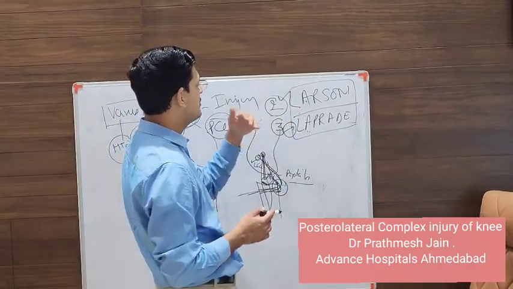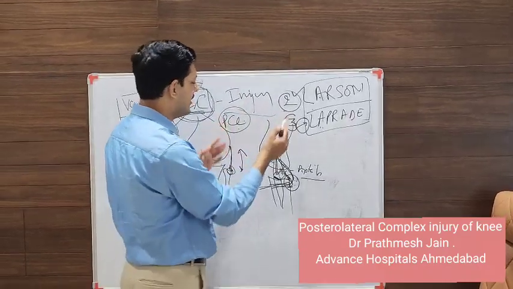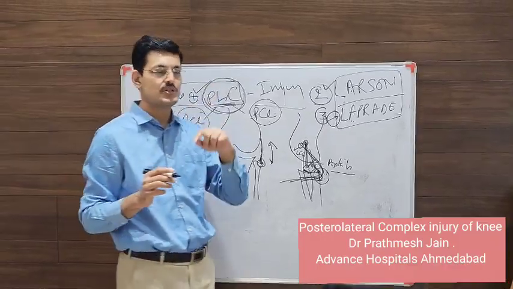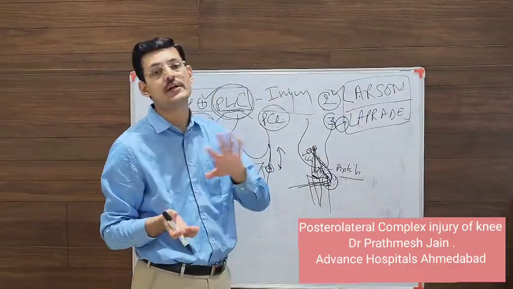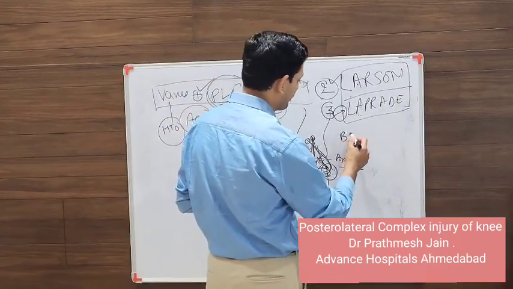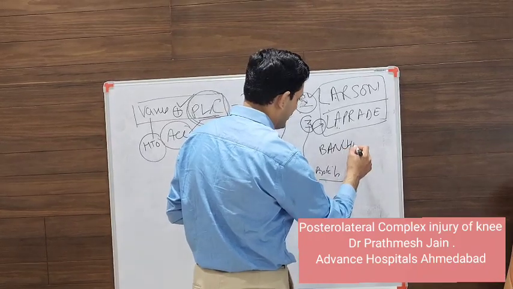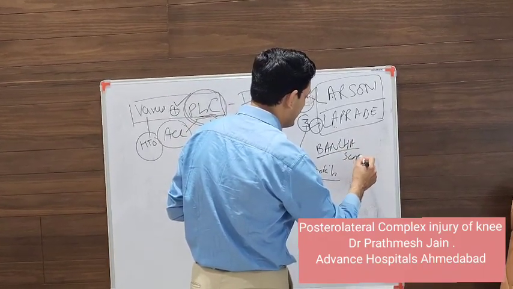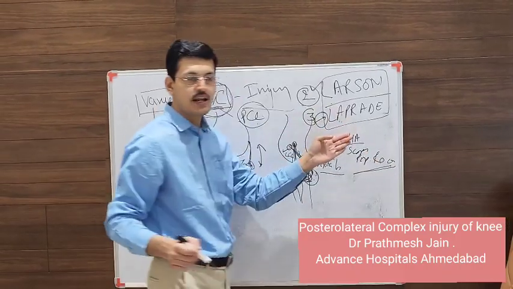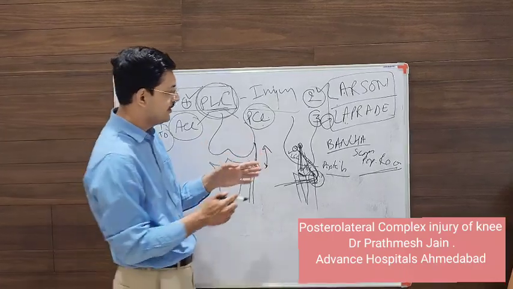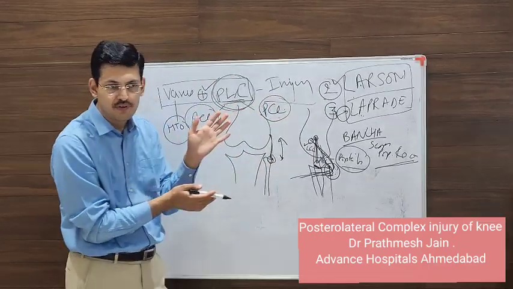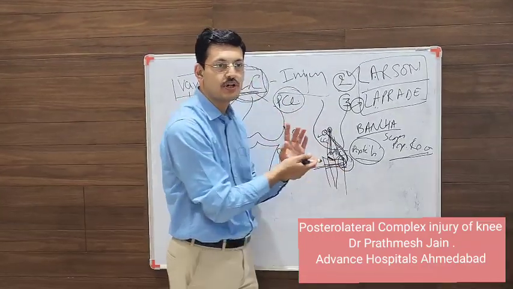Whereas the Larsen procedure is what we usually recommend here, in which there is basically an LCL opening or an LCL thrust. Now there is another procedure which is described, which is called an arthroscopic popliteus reconstruction. This procedure is described by Dr. Banja, and this is called a scopy popliteus reconstruction. Now this procedure is described for those patients who have a solitary popliteus injury only. So they will not have an opening of the LCL, but they will have an increased external rotation.